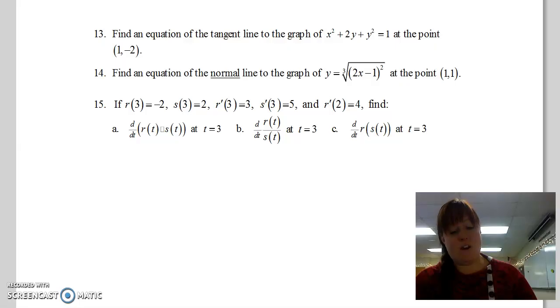So first we need to find the derivative of this, so we can look at it and realize that it's probably going to need implicit differentiation because getting y by itself would be impossible. And so we're going to just implicitly differentiate and find the slope of the tangent line. Remember we're doing dy/dx. So our x is our independent term. So we're going to do 2x plus 2 dy/dx